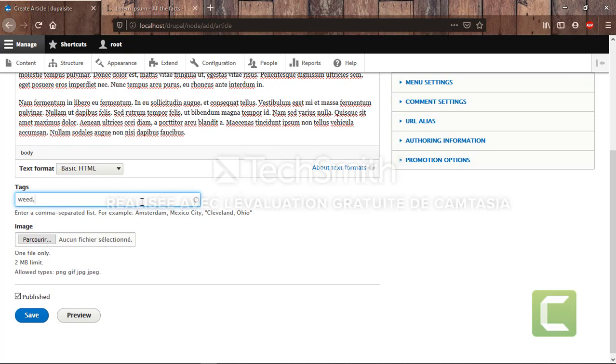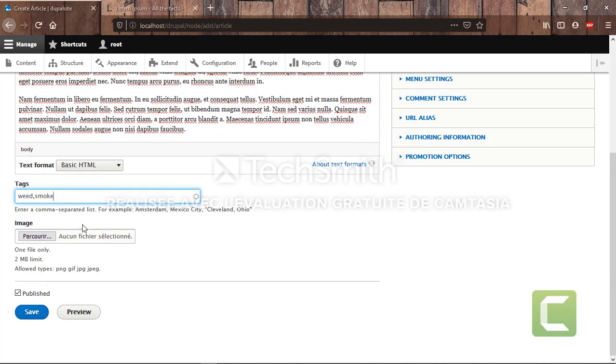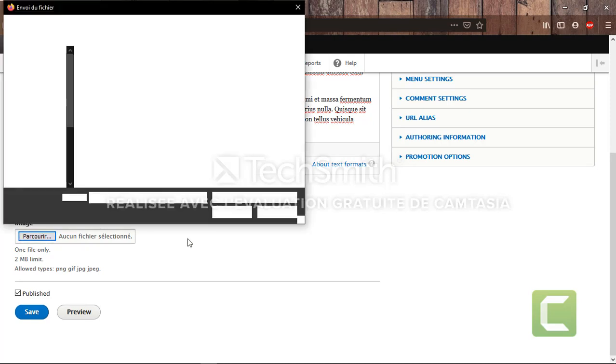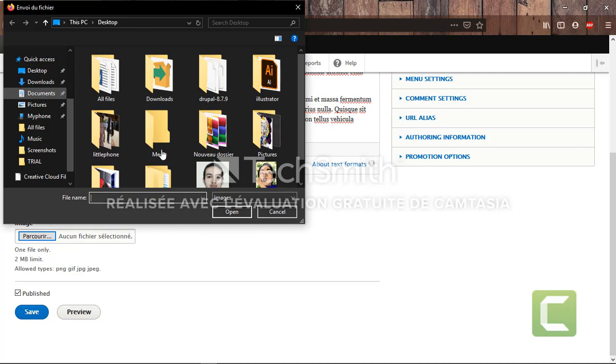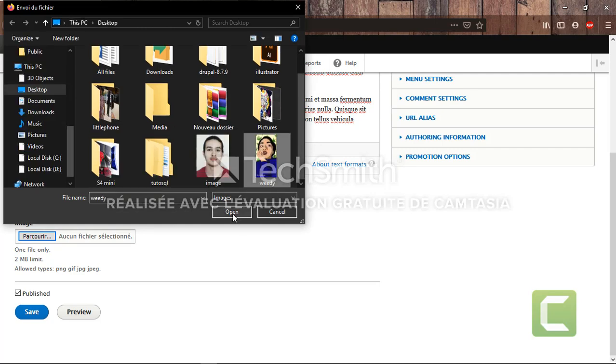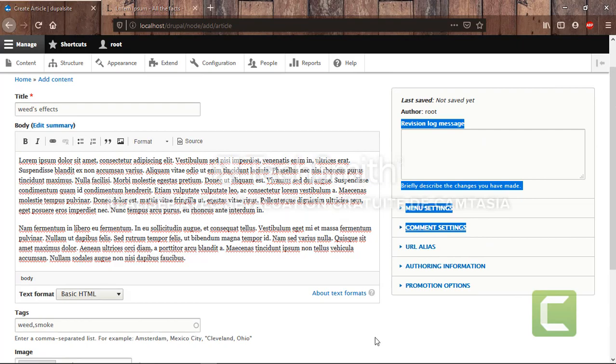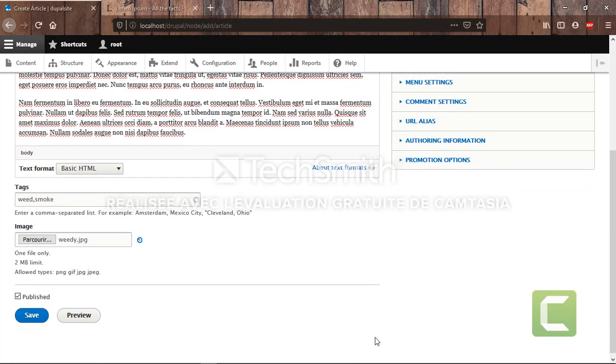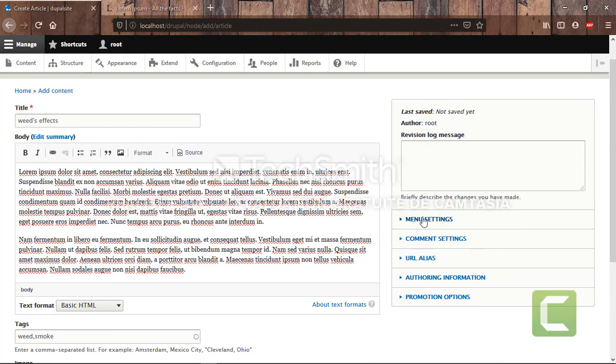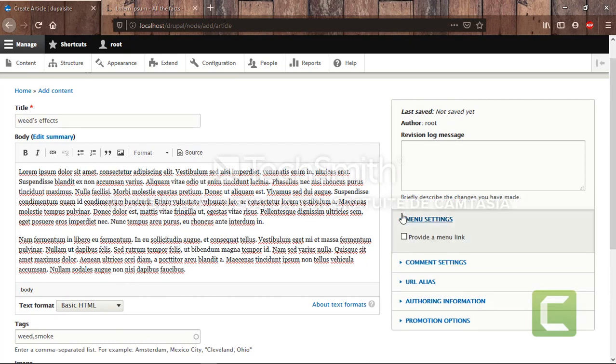I'm gonna show you the use of these tags after we end. And also we can add a picture for our article to give it a nicer view, and to be more professional, I'm gonna choose this picture I've downloaded because it has a relation with the subject. So the picture has to be in relation with our article for sure. Also the tags.